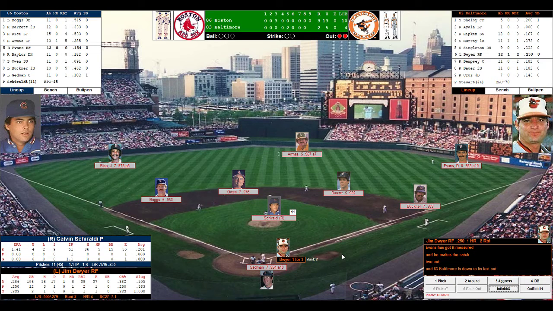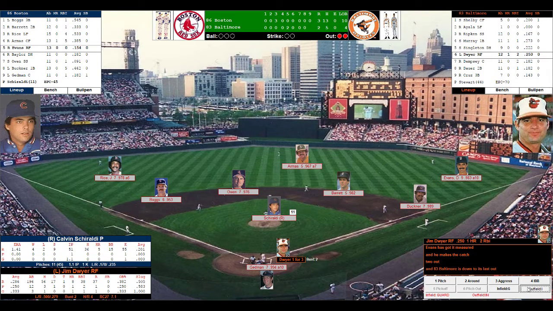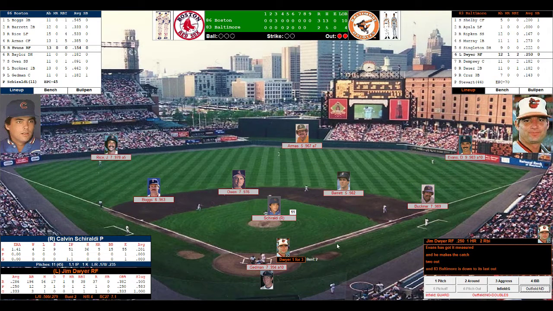But I think we're going to play the outfield normal. No, we're going to call no doubles once again in the outfield. Oops, went too far. No doubles in the outfield.